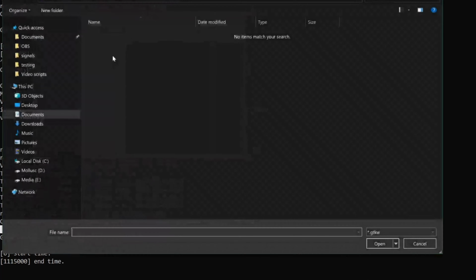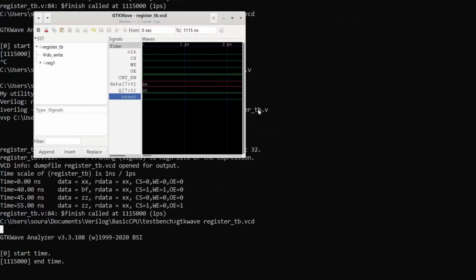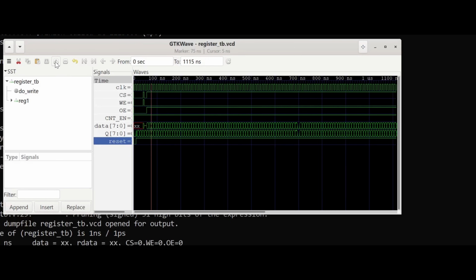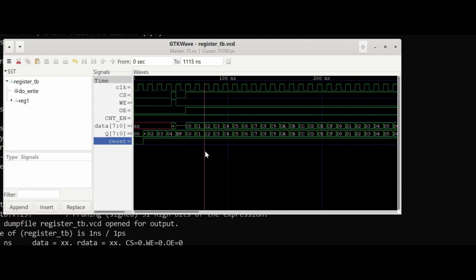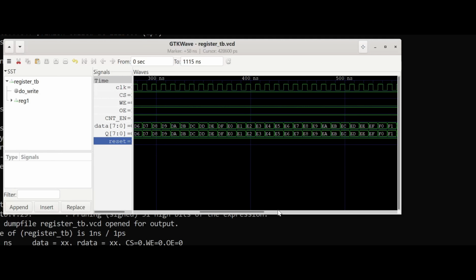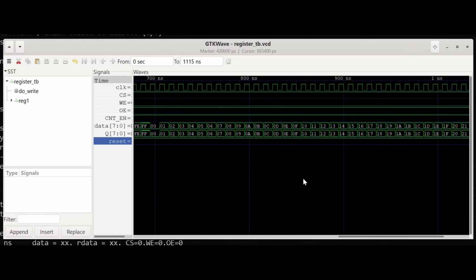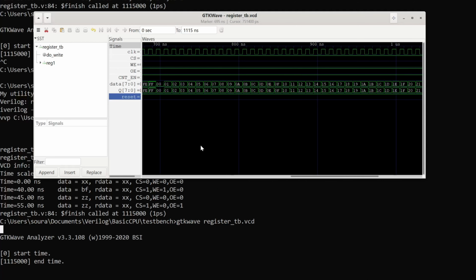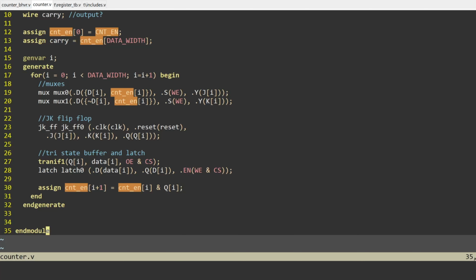Notice that instead of data int signal, I have Q, which is the output of the JK flip-flop. This will be a common theme throughout the series. Whenever I switch from behavioral to structural, any red signal would ultimately be the output of a flip-flop. It's counting up even past FF. So yeah, it's a counter.